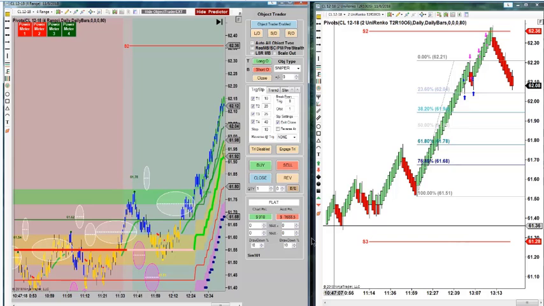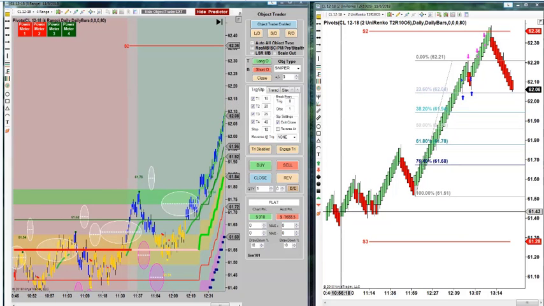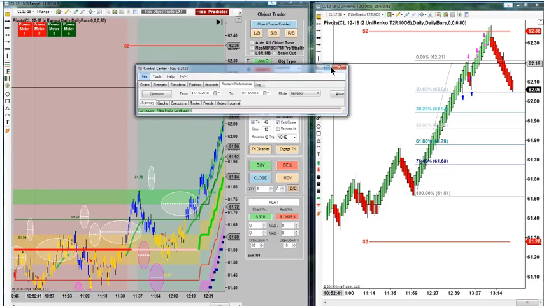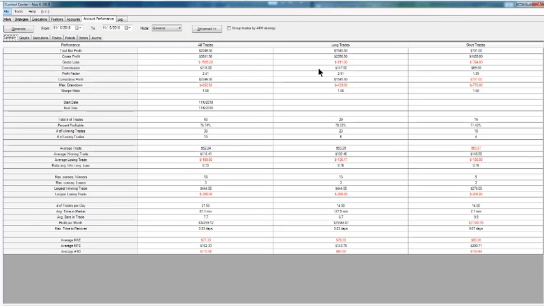Now I'm going to show you a nice feature in NinjaTrader 7. You can see what your trade performance was. You can also see it on NinjaTrader 8. But I'm going to start the recording here again. NinjaTrader 7. You go there and you can kind of see what you're trading as a gross profit. It's pretty impressive. I can't make this any larger, but it shows the percentage wins.